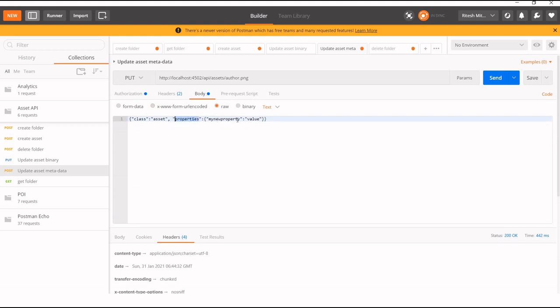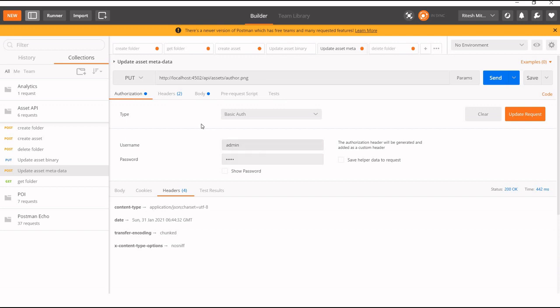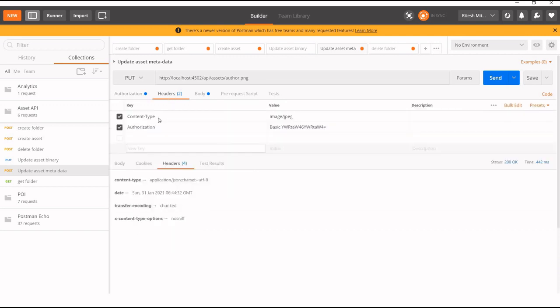So inside body we can set whatever property we want, and we can trigger it. The same type of authorization we need to send every time, because the environment is authenticated. And just remember we need to set the correct content type. That's a basic prerequisite.